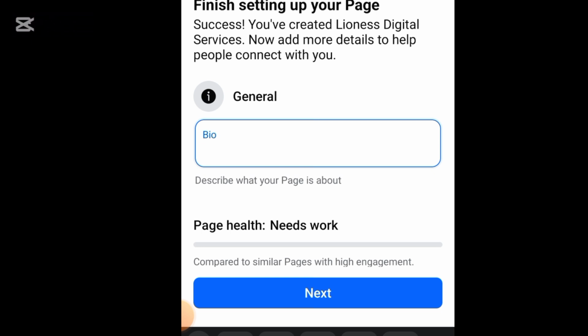Now let me tell you something. In case you do not know what to write, you can quickly go on ChatGPT. Tell ChatGPT what you do and what you want to go into, and ask it to write a good bio for you. You understand? So I'll just write we help